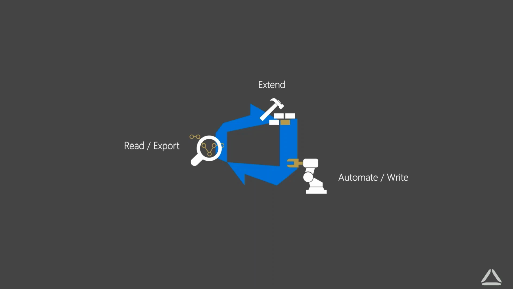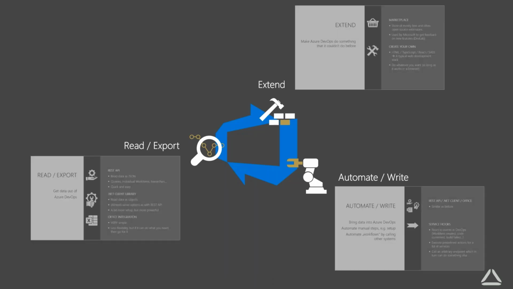So we will look into how we can get data out of Azure DevOps, get data into Azure DevOps, and if what Azure DevOps is offering for us isn't enough, how we can add additional stuff. And that basically will be the agenda for today. So I will go through those 3 topics. We will look at a very limited amount of slides and then a lot of actual hands-on code.